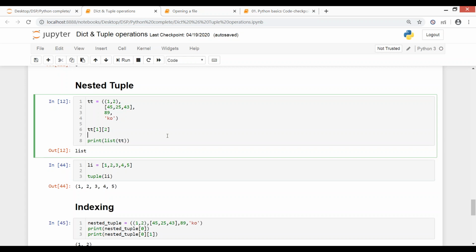Still not clear. If there is a combination of key-value pairs, then we go with dictionaries. If we want unique elements, that is, I'm having a list of values and out of that I just want unique values, then I will create a set of that list. And from that set, once it is created, I don't want any more values to be added to it or deleted from it, so I can convert it to a tuple. Once I've defined that set to be a tuple, nothing can be changed in it. So they all depend on your requirement.